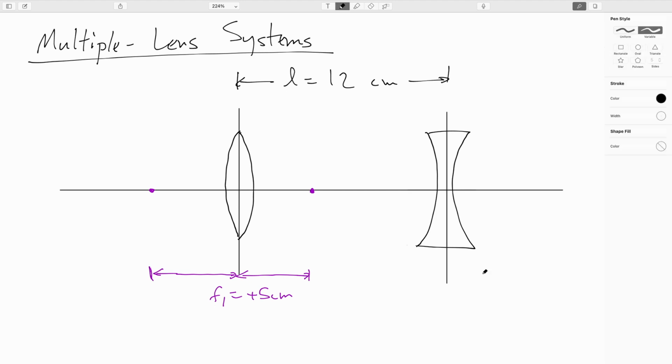There we go. And we'll say that its focal length is -8 centimeters. So this would be 7 centimeters away, since this is 5 centimeters from here and this is 12 centimeters, this is 7 centimeters. So if we go ahead and mark this one here, let's use, I don't know, red, maroon, I guess. This would be one of our focal points,